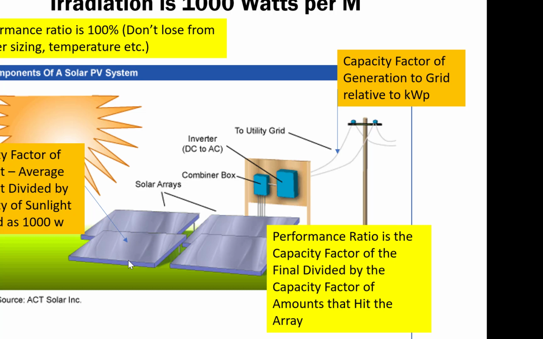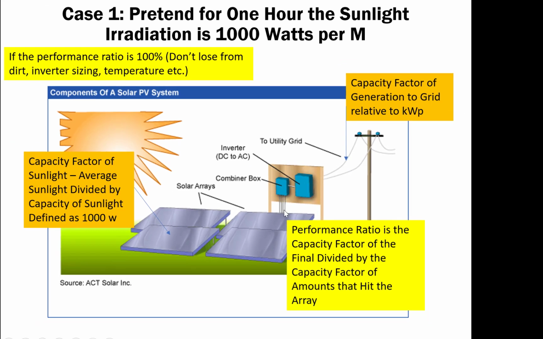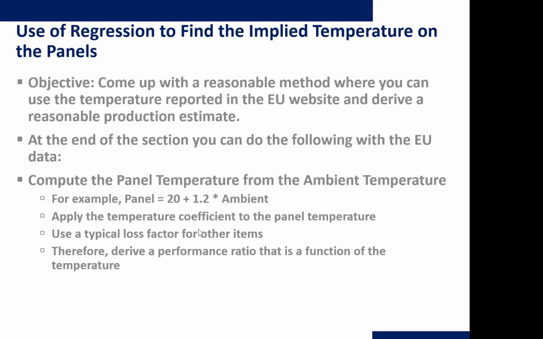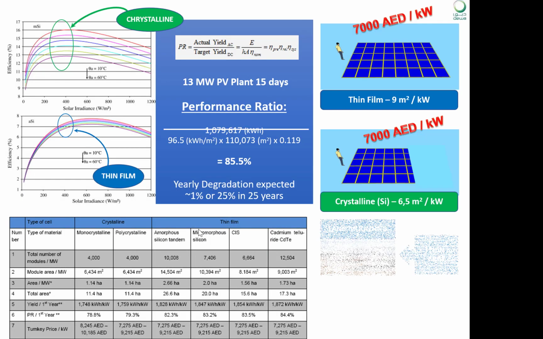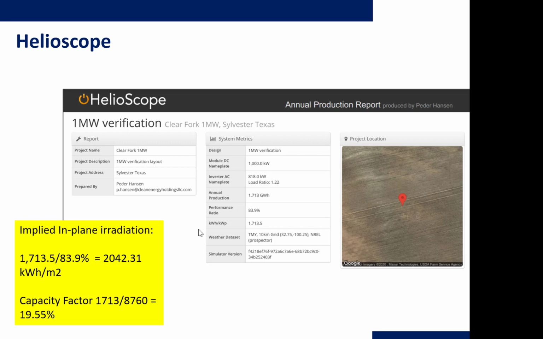And then we can figure out the capacity factor from nighttime, daytime, clouds. But the final capacity to the grid is affected by inverters, wires, cleaning the panels, what kind of panels you put in, and the temperature. That's why I go through all these temperature things. So we'll make a couple of scenarios on the performance ratios and other things. But for now, let's use our HelioScope. HelioScope gave us